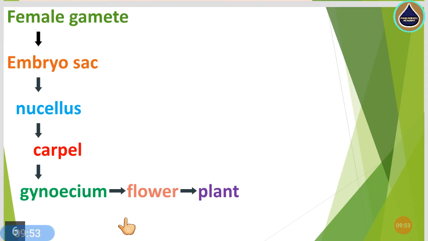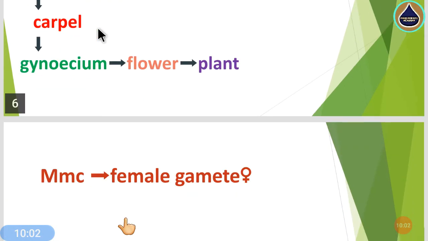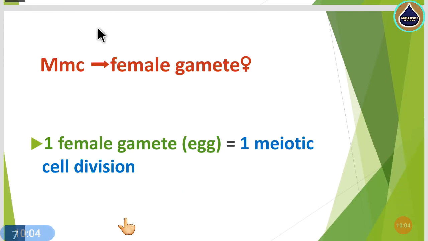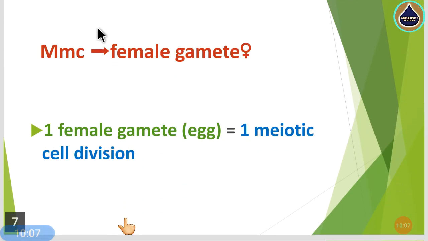So likewise, the other requirement other than the male gamete is a female gamete, and I have tried to explain about this female gamete here in this lecture. Now we'll see how many cell divisions are needed for the formation of the female gamete. As we have seen in the male gamete formation, one meiosis cell division is needed for the 4 pollen grains, means for the four male gamete formation from the PMC, pollen mother cell.